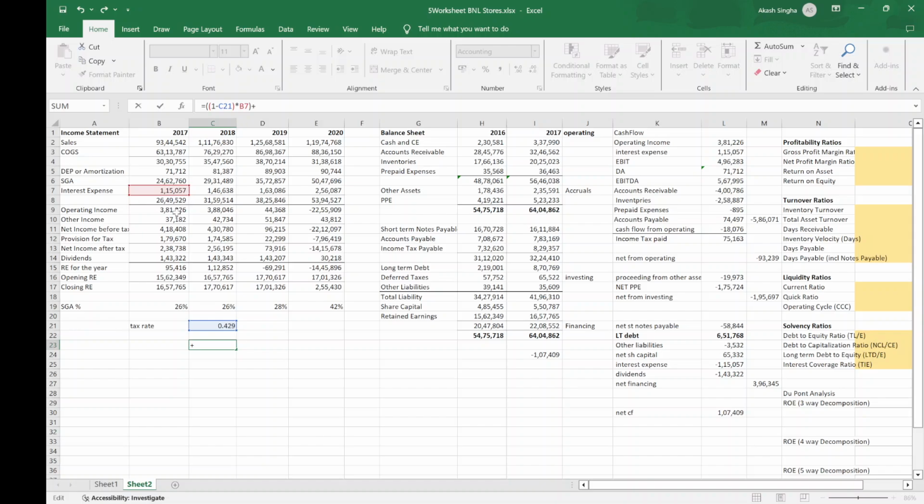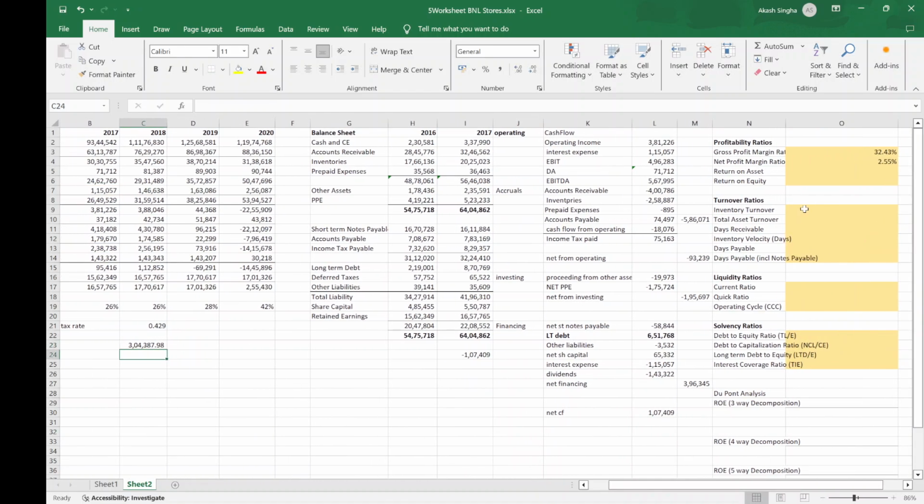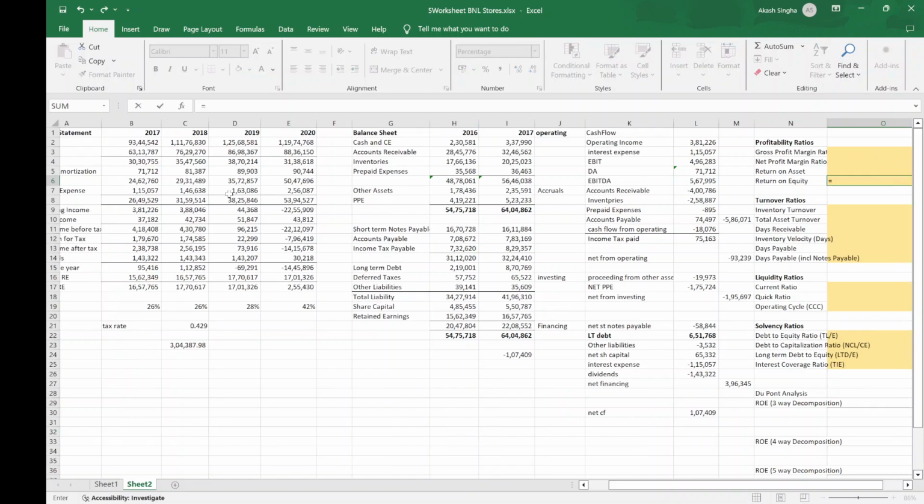Return on asset should be this by total asset. How much is total asset? This value. Okay. Return on equity is PAT